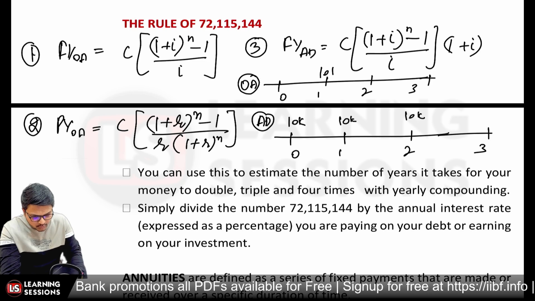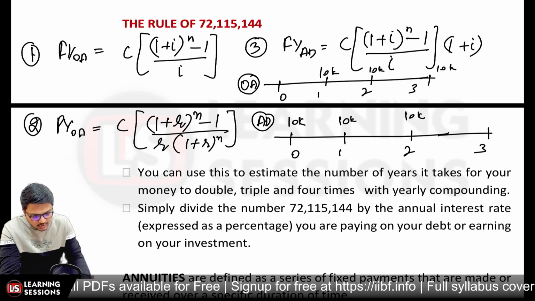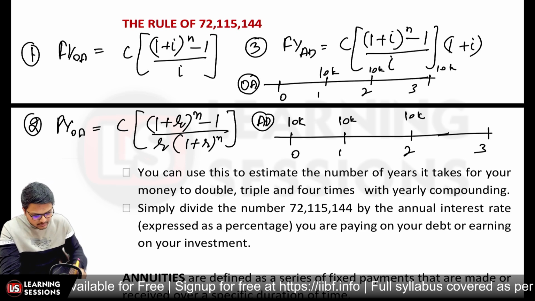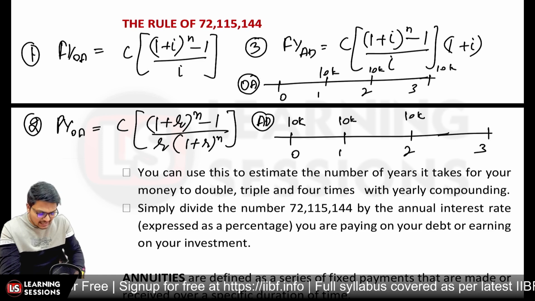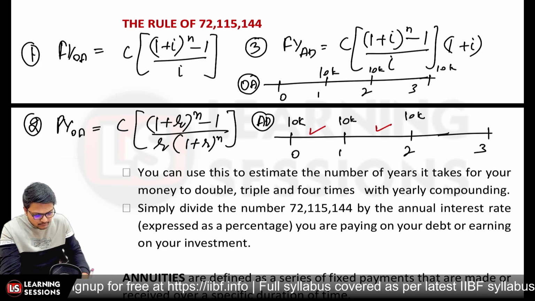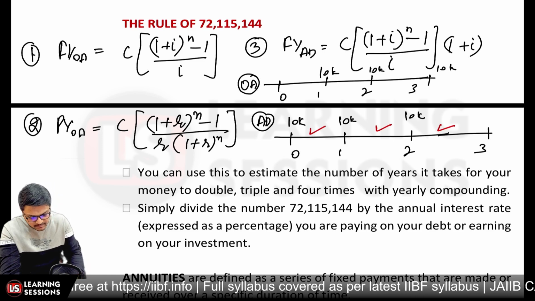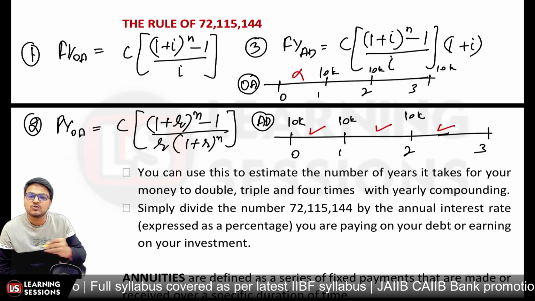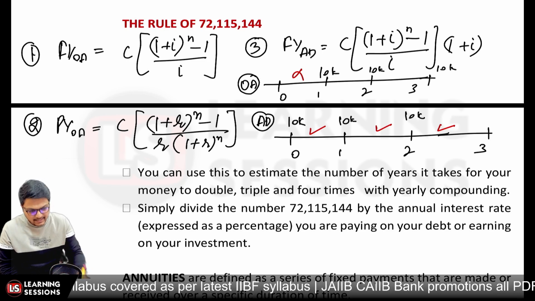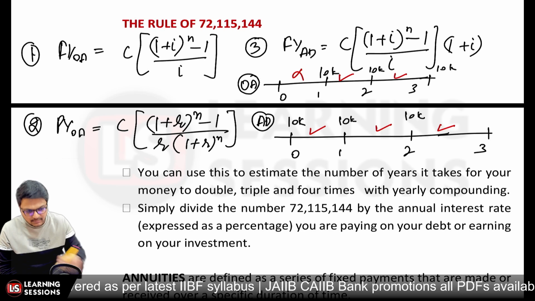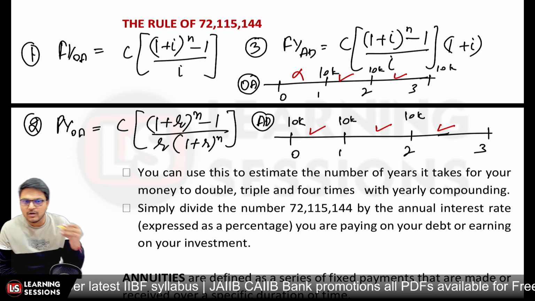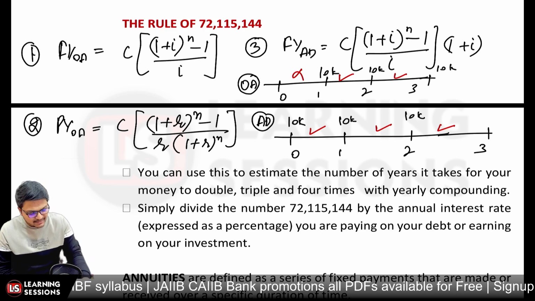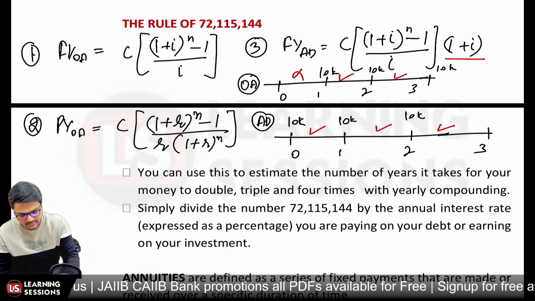So I'm going to pay over here, right? Is that clear? Now if we look at the picture clearly over here, if I'm talking about the interest, I'll be earning the interest in this scenario for this period also. But in the case of ordinary annuity, I'm not going to get the interest for this particular period because no money was deposited for the first thing, and I'm going to get the interest for this particular period only, right? So that's the difference between the ordinary annuity and the annuity due. That is why this extra 1 plus I is there. Getting my point clear?